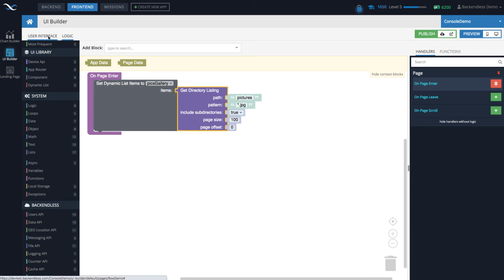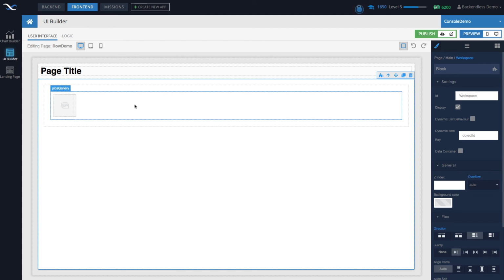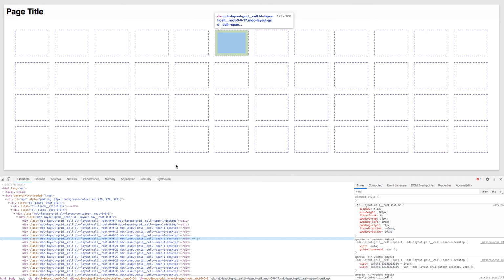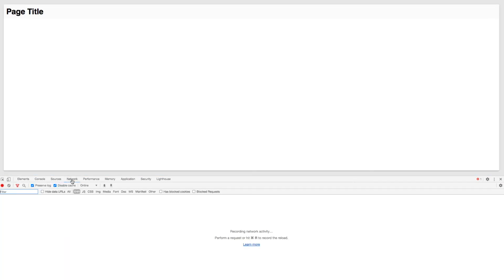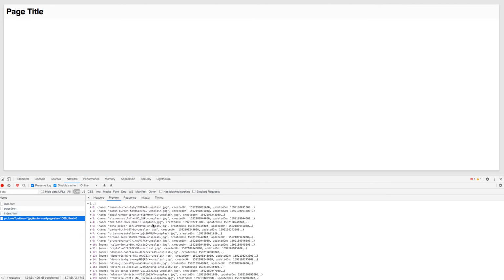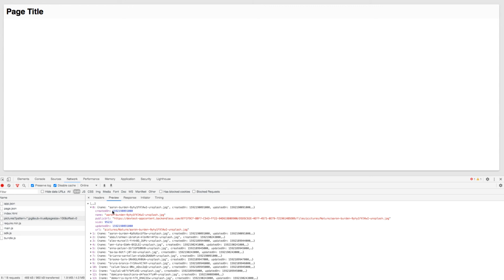Before we apply the logic to actually render this data, let's run this page just to see what comes back from the server, which is always a good practice whenever you work with APIs. So we'll go into the preview. The page loads, and we would like to see the actual API traffic. So I will open up and go to the network and reload. And in here, this is the API call that fetches all the pictures. As you can see, this is what comes back from the server. Open one of them, and these are individual properties.